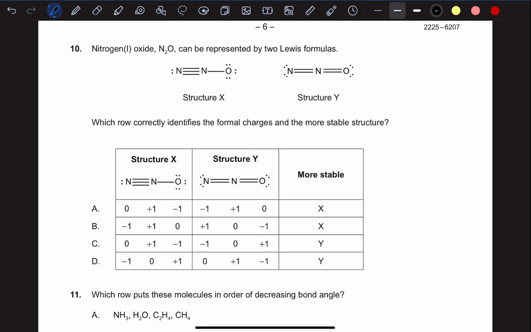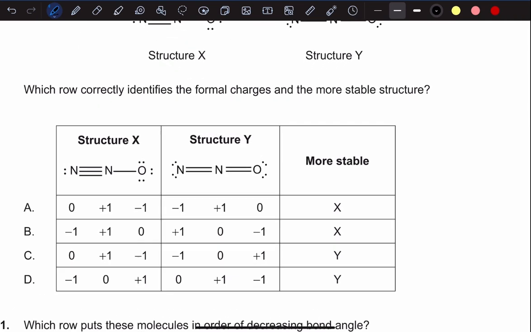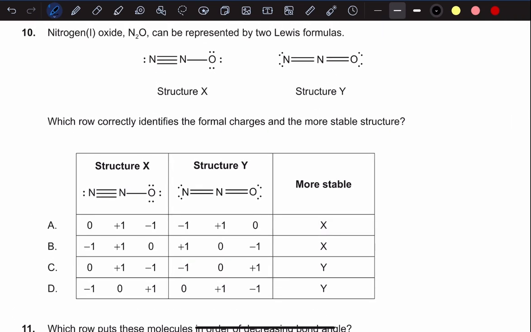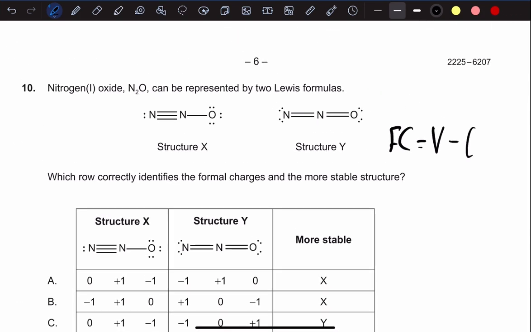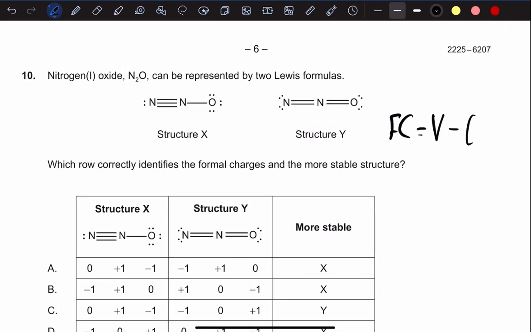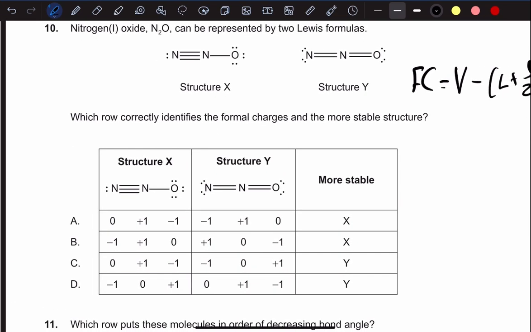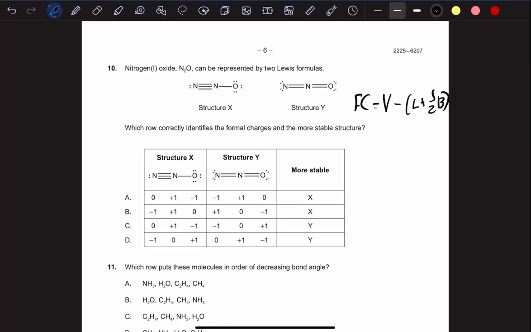Which row correctly identifies formal charges and the more stable structure? Okay, so this is formal charge. It's pretty easy. I believe formal charge is the valence electrons minus the lone pair electrons plus half the bonding electrons. We use that logic for structure X, and we use that logic for structure Y. What do we get? Well,